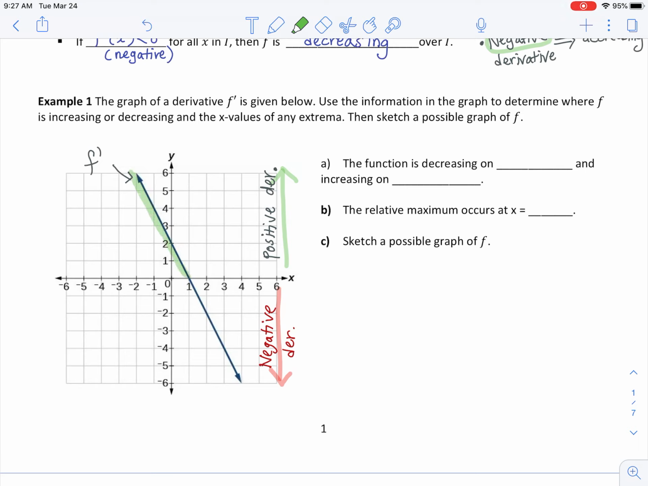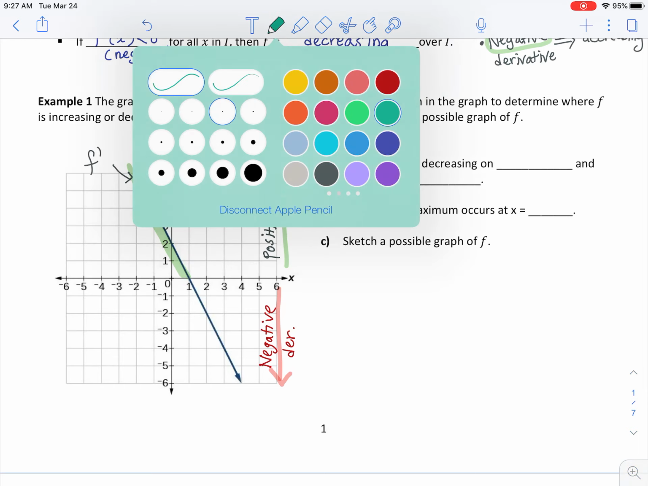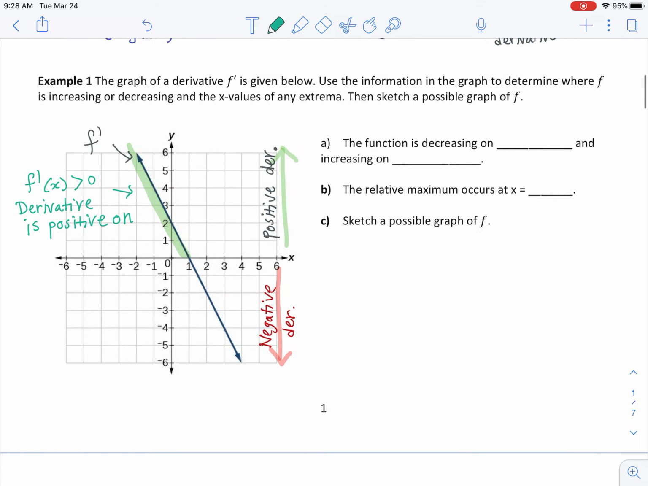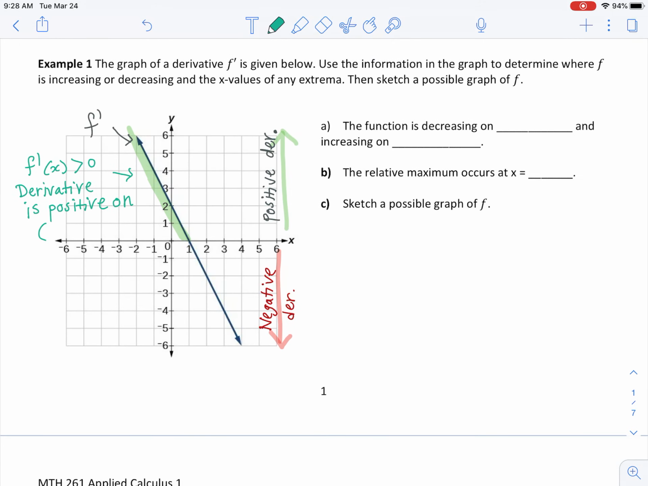All right, take a look. This section that I'm highlighting, you see how that section is above the x-axis? What we know is that this is where f prime of x is positive. This is where the derivative is positive on, let me write the interval here, using the interval notation. Negative infinity to